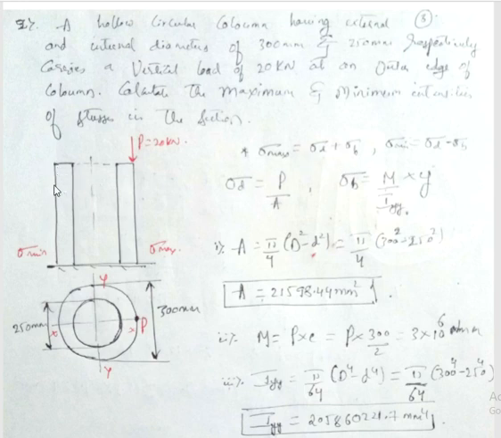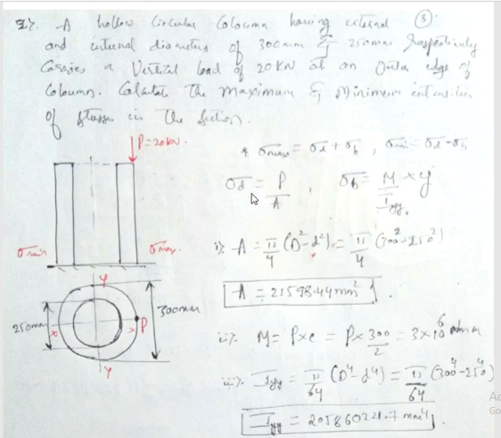But if you consider this layer, it is subjected to compressive stress because of the direct stress of 20 kN, and because of the right side bending, this layer will get stretched and it will be subjected to tensile stress. So when I add both the stresses at this layer, I'll get sigma minimum, because one is compressive in nature and the other is tensile in nature, so they will get subtracted. Now for finding maximum stress and minimum stress, I need to find direct stress and bending stress.